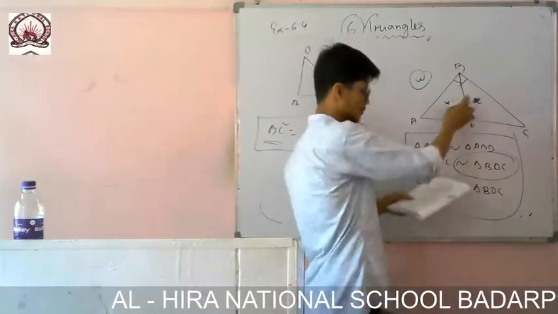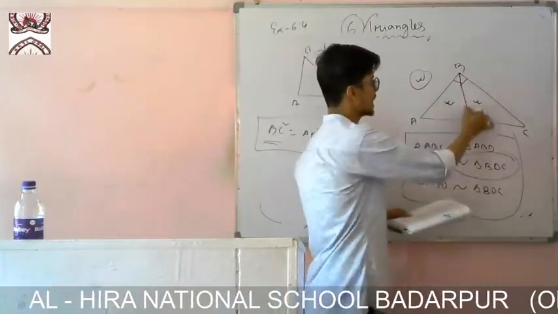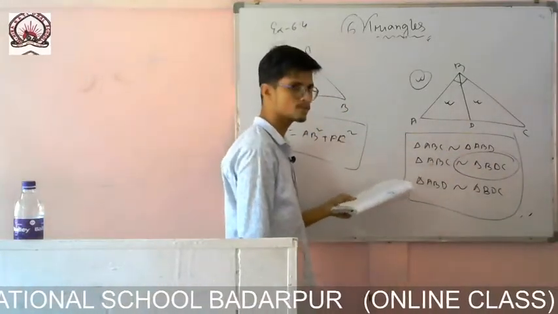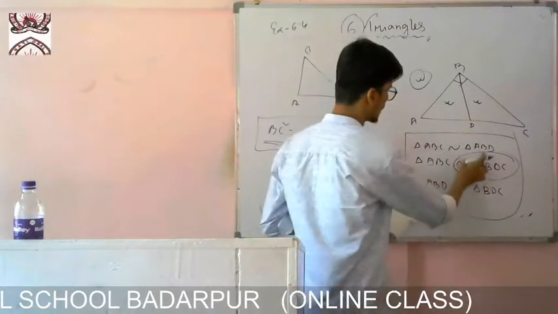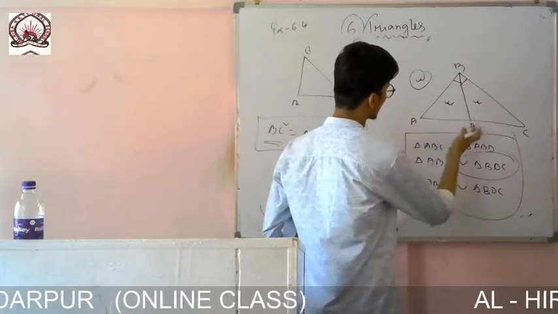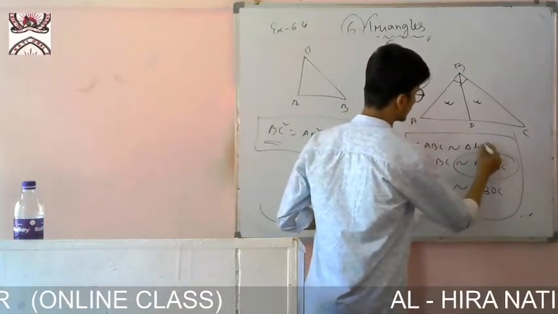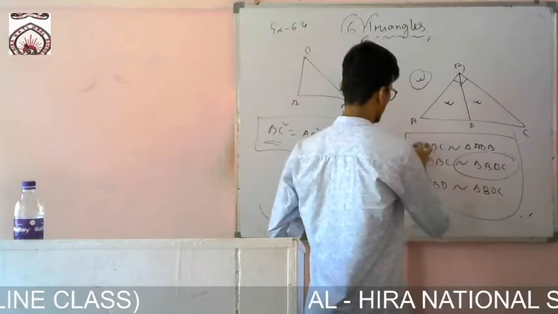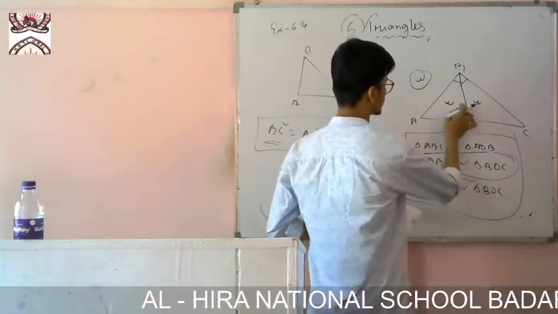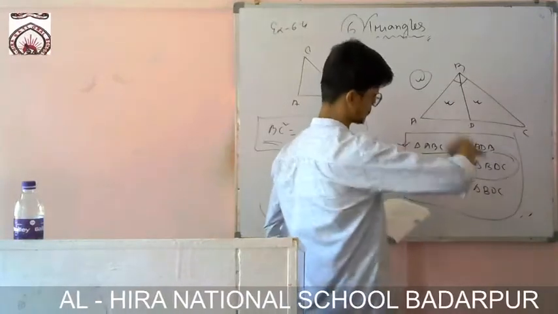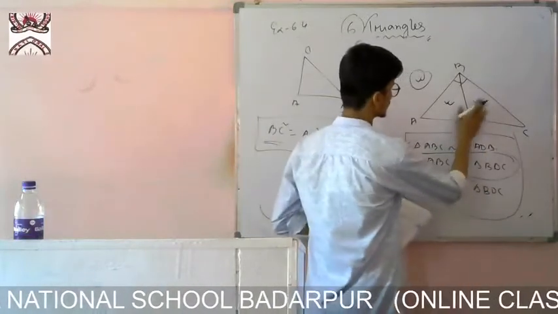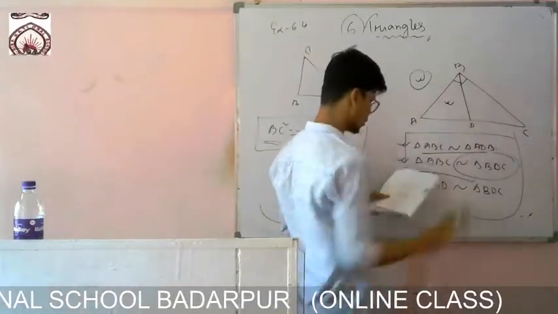So for that purpose, what we have done, it is done very nicely. I have drawn BD perpendicular. If BD is perpendicular, then I can say that triangle ADB is similar to triangle ABC. ABD or ADB, it is the same. So what I have shown in the first one, that these two are also similar, and that two are also similar, and both are similar to the whole. Okay. So in the first one, which one is used? This one is used, that this triangle is similar to the whole one.